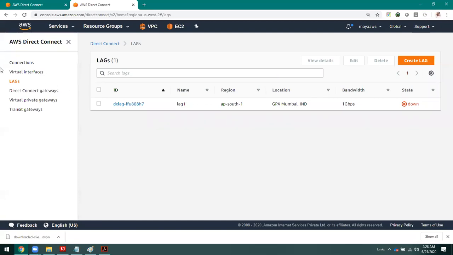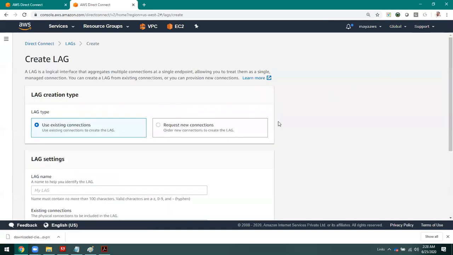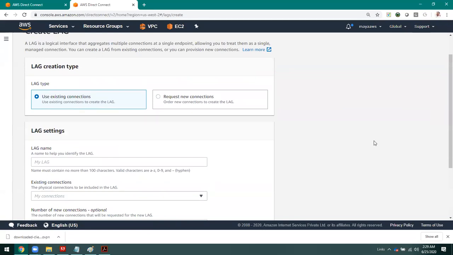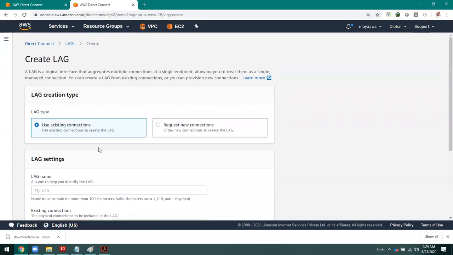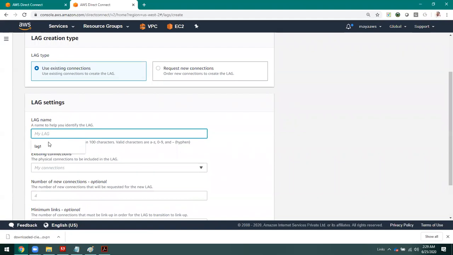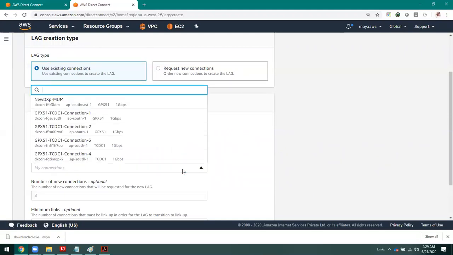I would like to explain the LAG concept. What do you mean by link aggregation, logical interface aggregation? We can combine several physical connections and make them into one. That is nothing but bundling. In networking, it is called port channeling. If you go to create a LAG and specify the number of connections which you already have, you can combine them and avail higher bandwidth.